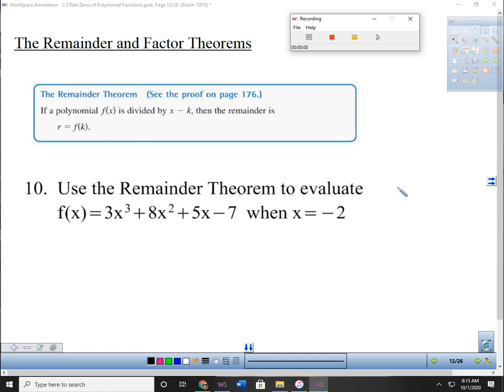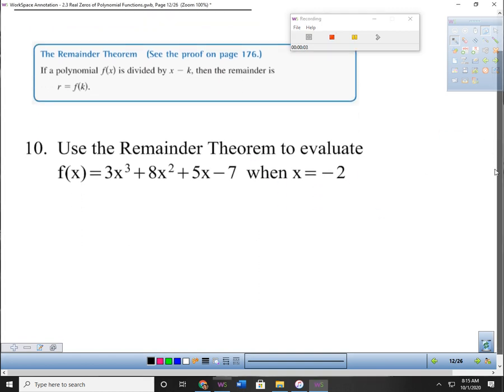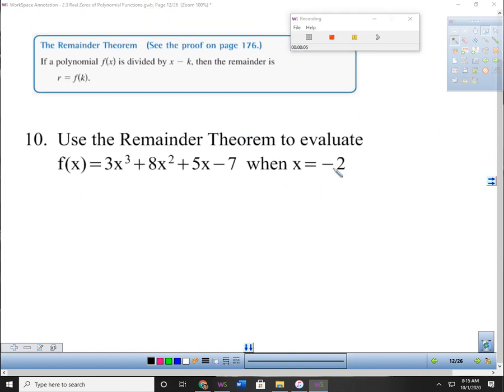The remainder and factor theorems. So they're going to give us one of our zeros, our solutions, our x-intercepts, and we're going to plug that in and evaluate this, okay? But we're going to do it using synthetic division. So I could take the -2 and plug it in here, or I could use the remainder theorem and do it by synthetic division. So I'm going to take that number